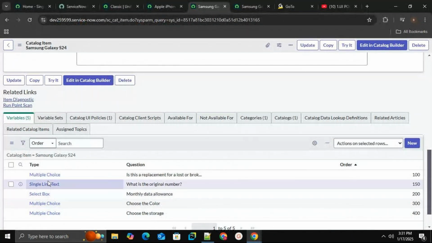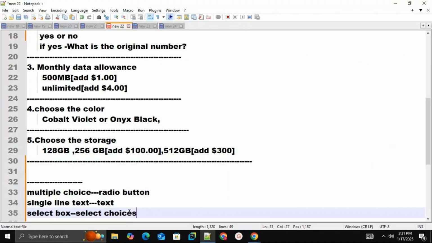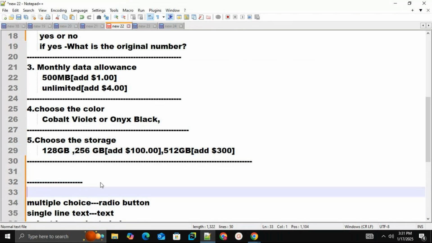Multiple line, single line text, multiple choice. So only we have completed three variables,